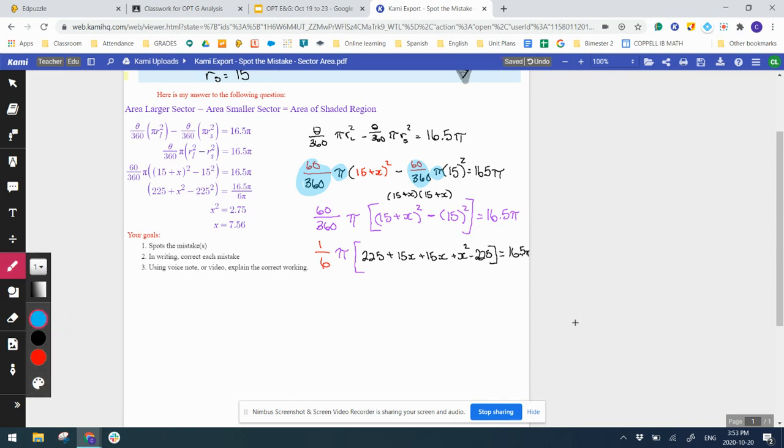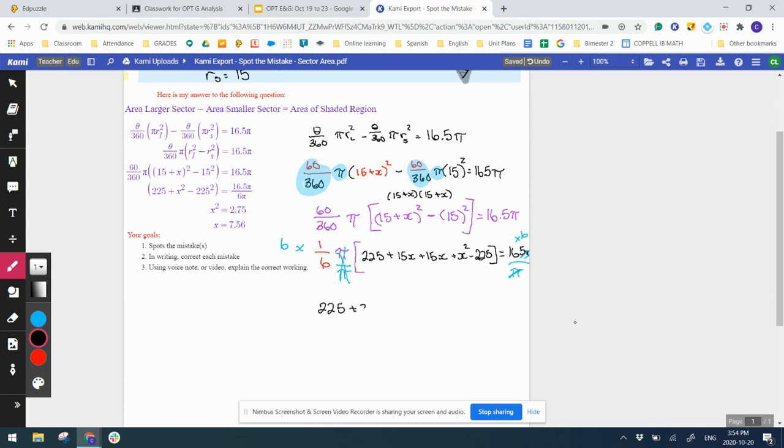Now we're going to start getting rid of some things to try to get these x's by itself. So I need to times by 6 on this side to get rid of the 1/6, and I also need to divide by pi. So I need to divide by pi here, while simultaneously timesing by 6. Well, dividing by pi is going to cancel out the 2 pi's here, same with here. So we really end up with, simplifying in here as well,